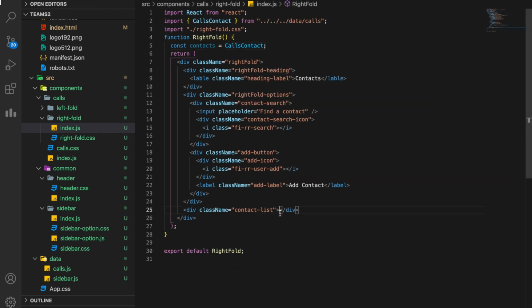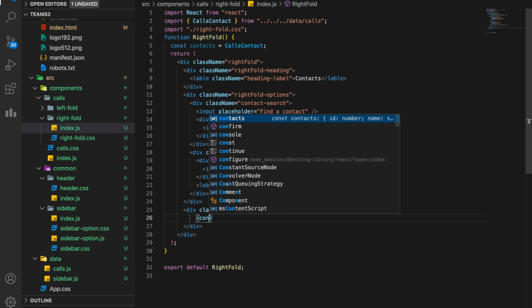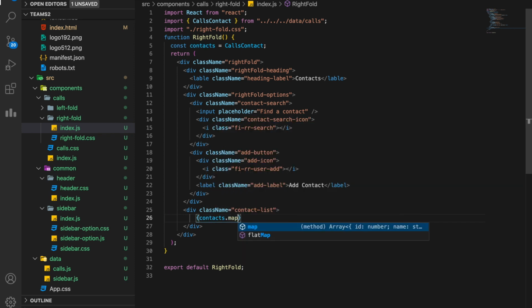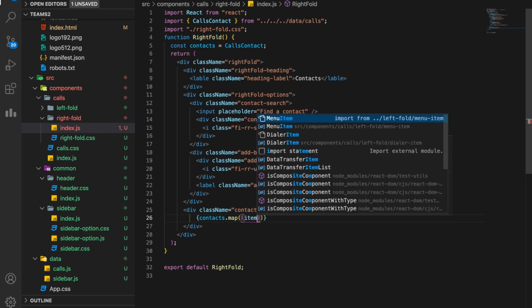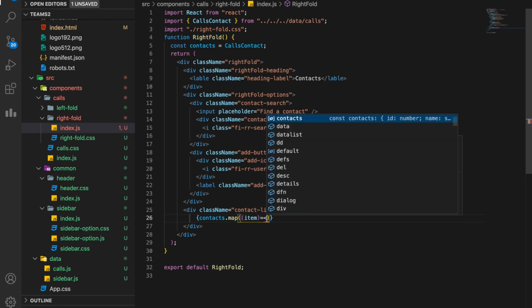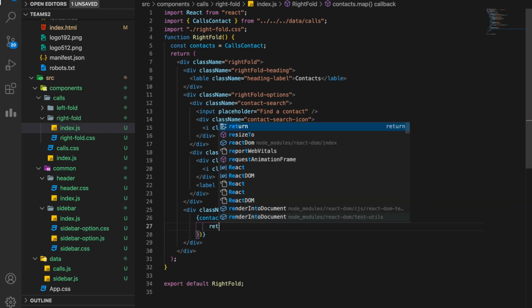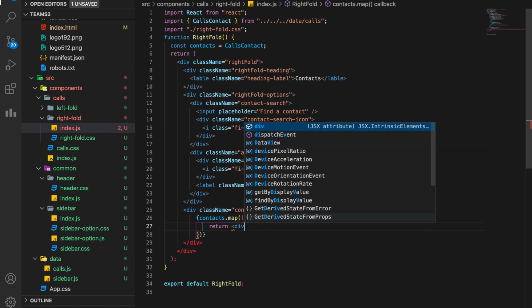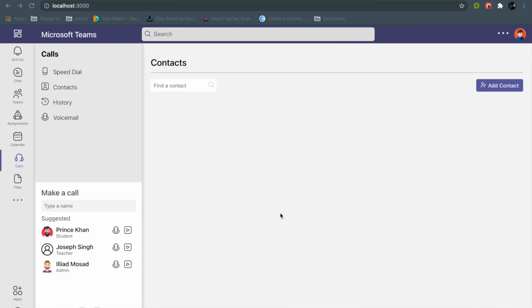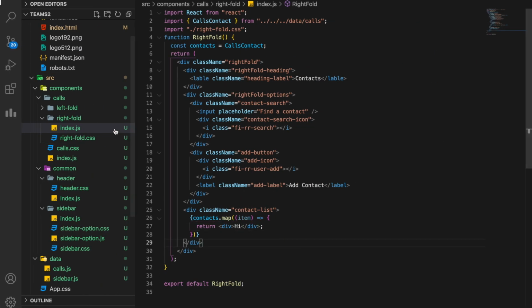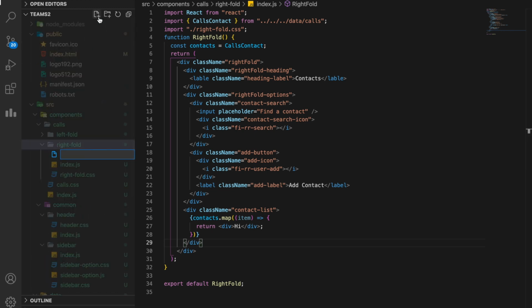Now a very similar thing which I did so far, I will map through the contacts.map, and for every item I'm going to return something. For now I'll just return a div saying hi. You can say 1 2 3 4 5 6 7 contacts we have. Perfect.